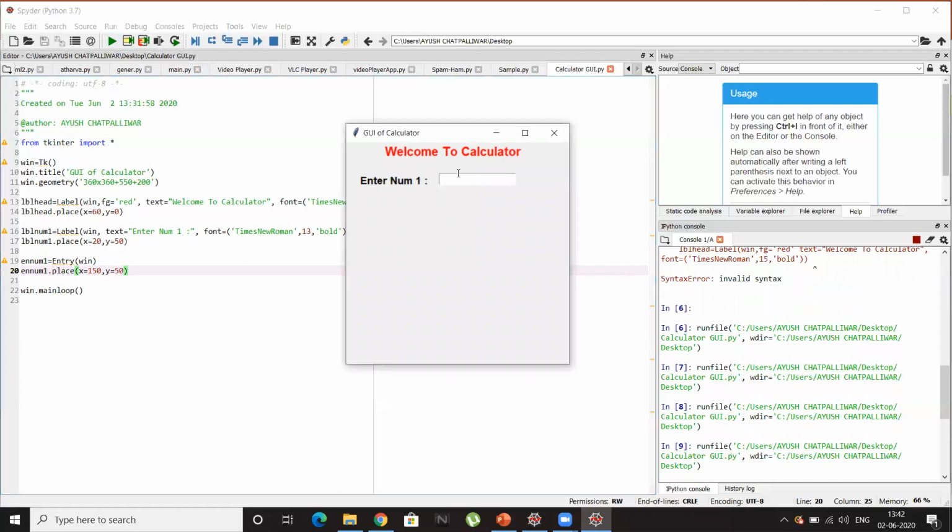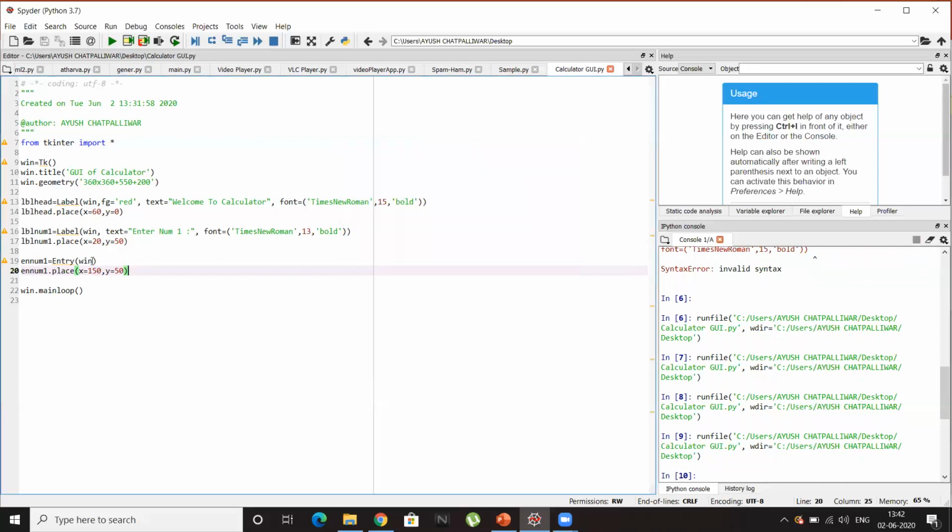Yes, I've got it, and you can see we can type here, but the font inside the entry box is very small, and the width of the entry box is also very small. So I think we should change the font size and font style of the first entry box. To change the font size, we can simply give the font attribute again. I can copy this and paste it here, and just change it from 13 to 15 again. Bold is okay, Times New Roman, no problem.